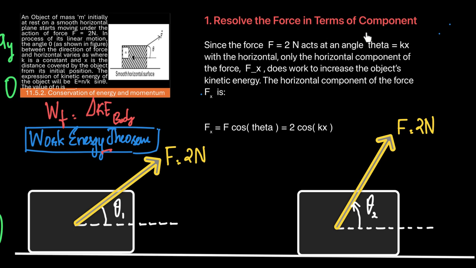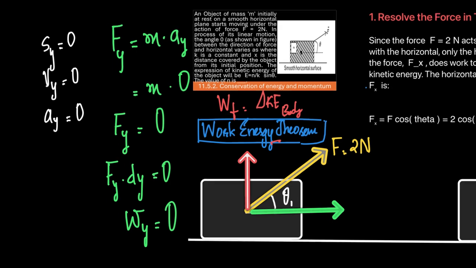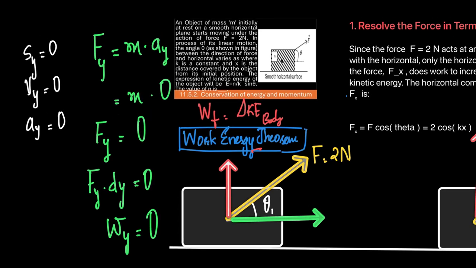This force F, equal to 2 Newton, can be resolved into two components. One is the horizontal component and two is the vertical component. Now, which among them is doing the work? Since the object is moving only along the x direction, which essentially means that, say, if you consider now,